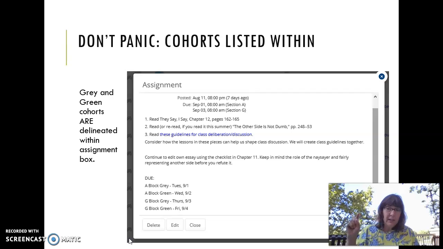Once you actually click into that assignment, you will see the cohorts be delineated. Now, I will say that the first couple of assignments, the sort of getting-to-know-you exercises, will all have the same deadlines for every class and every cohort, just so that we're all in line with each other. But once we start delineating, you'll see down here, for example, I've separated green from gray in A block and green from gray in G block.